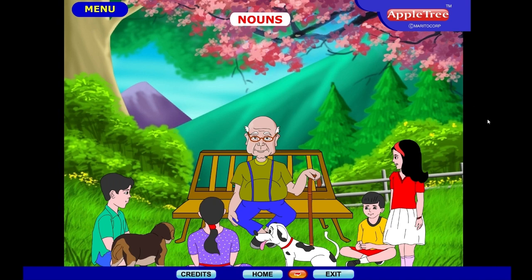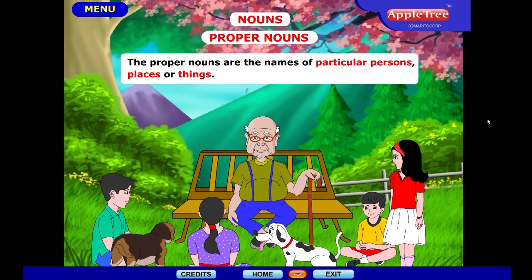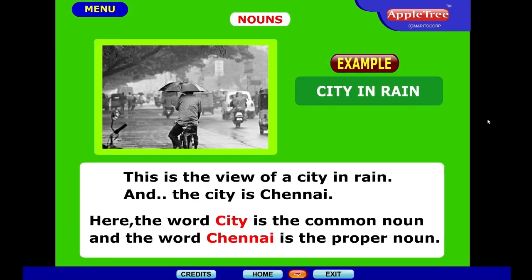Grandpa, what are common nouns and proper nouns? Common nouns are the names given to all persons, places, or things of the same class, whereas the proper nouns are the names of a particular person, place, or thing. Here is an example. Look at this picture. This is the view of a city in rain, and the city is Chennai. Here, the word city is the common noun and the word Chennai is the proper noun since it refers to